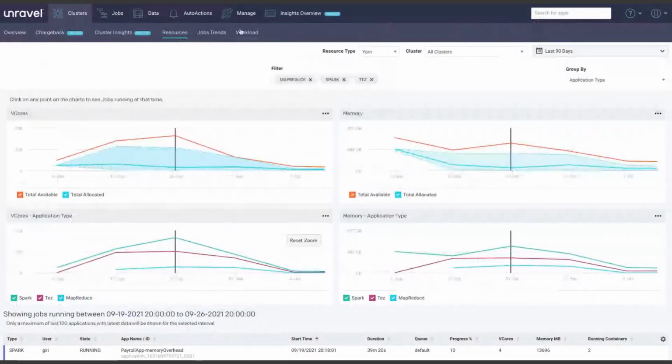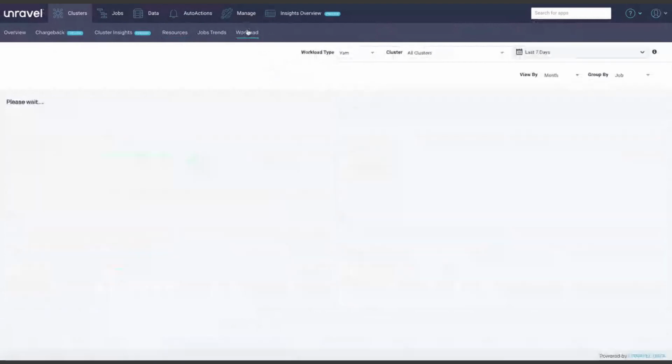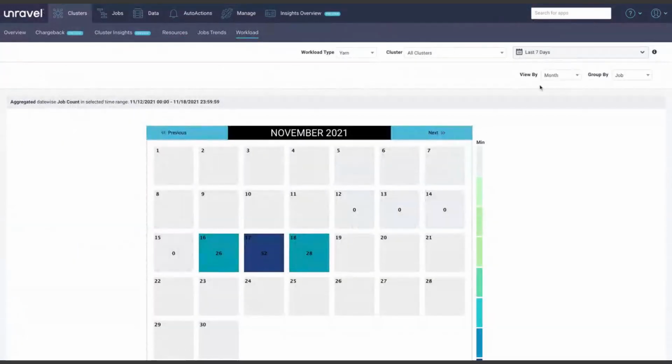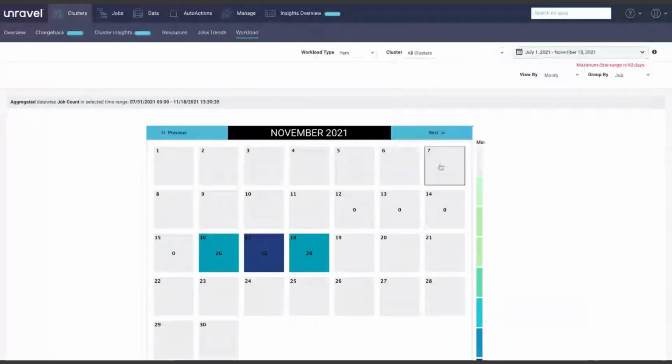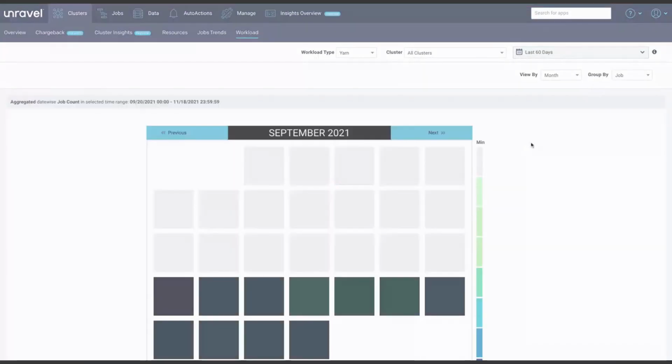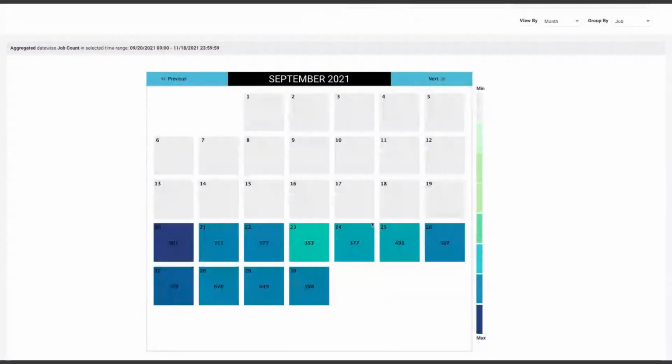From here, one other thing I want to show you is our workload information. If we wanted to understand what our workload looks like over this time period that I performed my analysis, let's say I'm going to come from July to November. I want to understand how many jobs have been run, and what I have done with those jobs over that time period. So I can see in September, on the 23rd, 353 jobs were run, and on the 20th, there